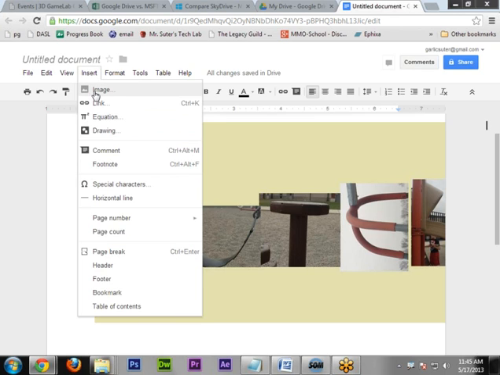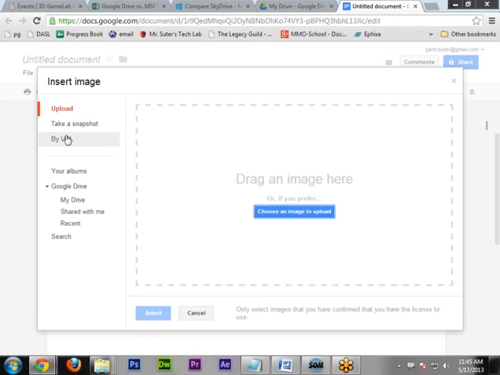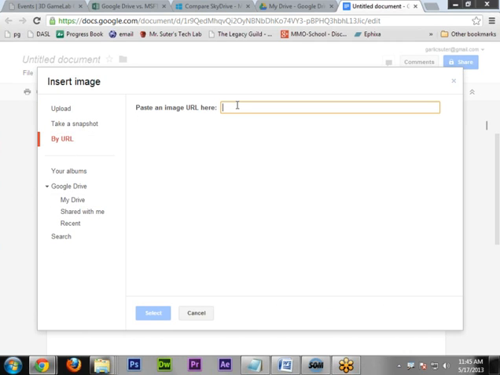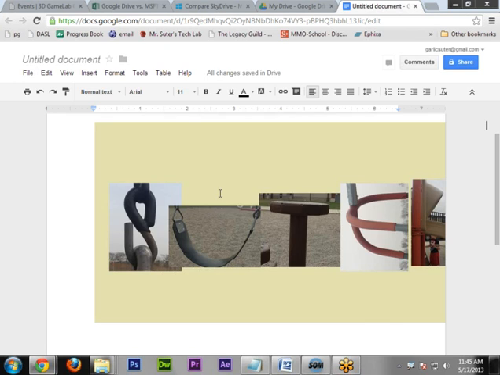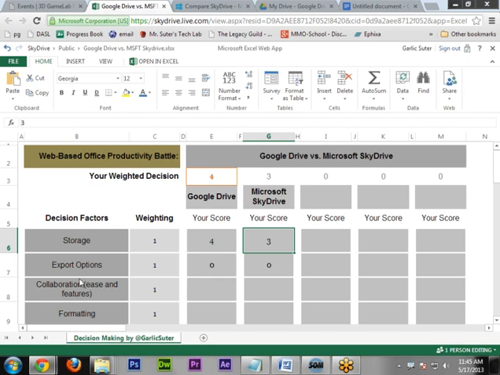So they're similar in that regard. If I go back to insert image, I can look through my drive here. There's a lot more options in Google Drive. You could actually use an image URL. If you use Flickr, they provide URLs. The My Drive, you can navigate through all that and choose between the different views. So I have to give that point to